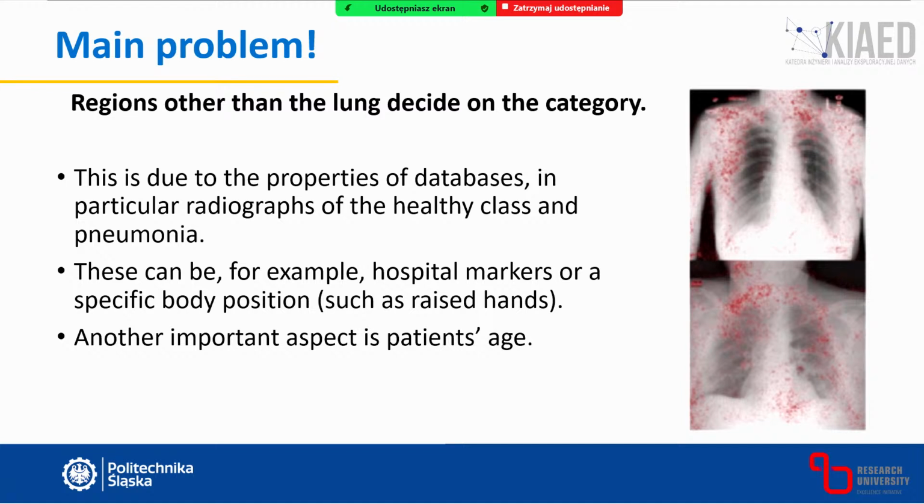And it turns out that even you can see that it's totally wrong, right? Because you need to look at the lung area and then decide if there are some differences, some pathologies. But this system mostly decides on the region outside the lung. And the problem is